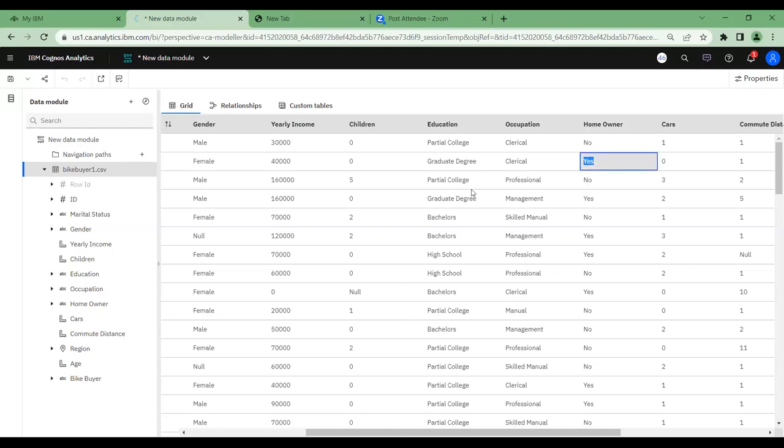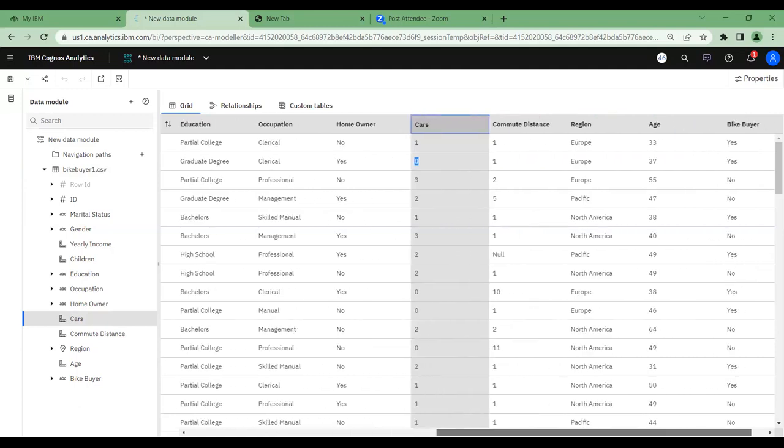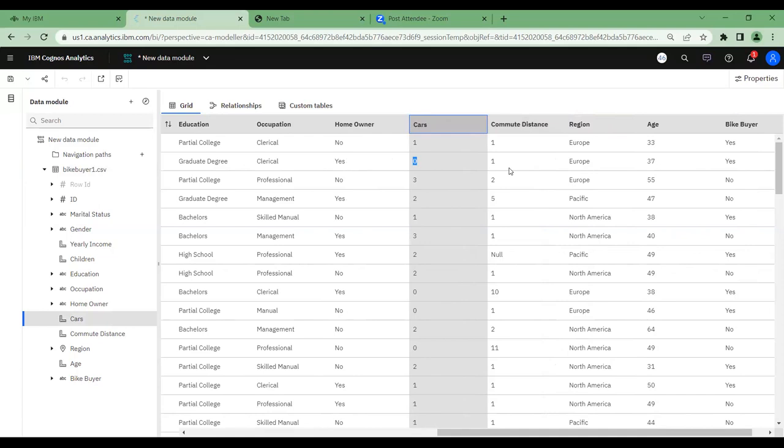The cars column, as you can see here, indicates as a numerical value whether the respondent possesses any four-wheeler car or not. 0 indicates the individual doesn't have any cars currently. Other numbers indicate the respective quantity. Then, commute distance, that is how much distance the individual travels in a day, is measured in miles.